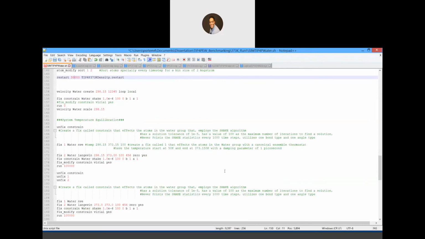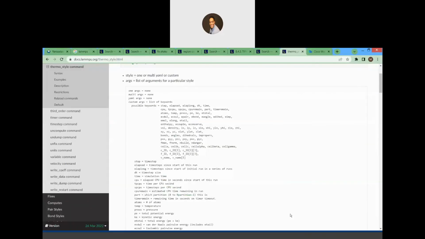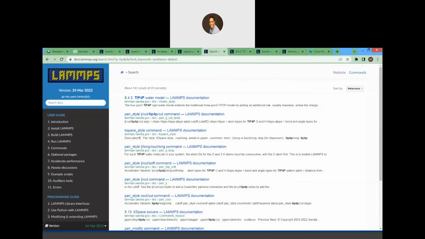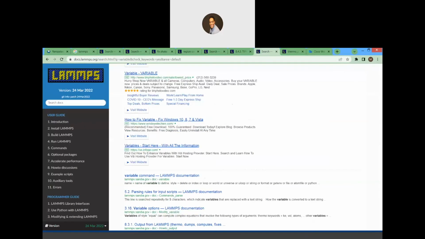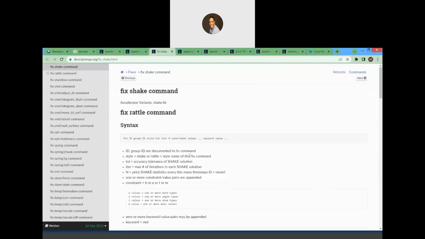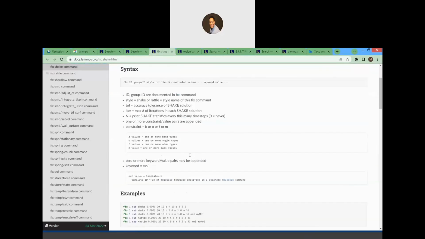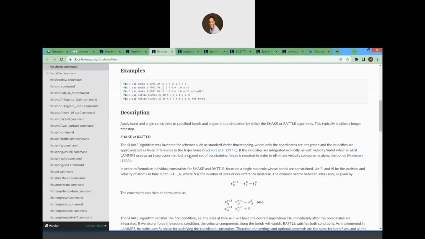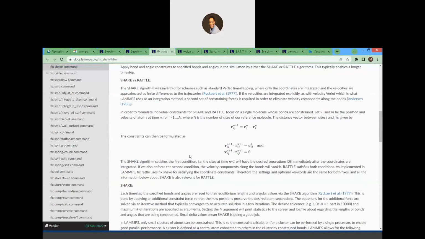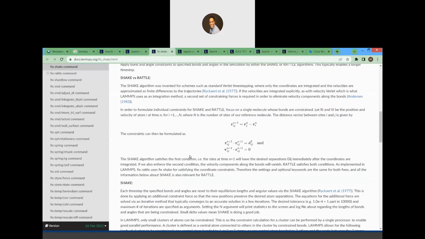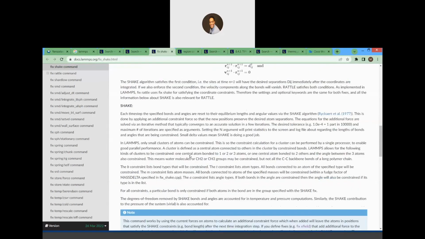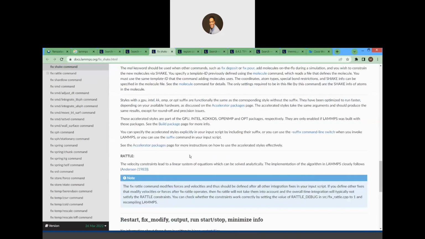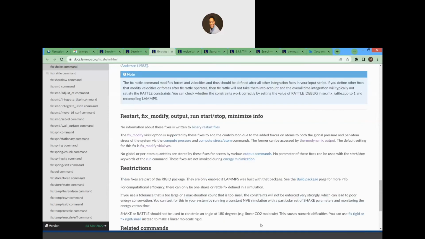If I go back to the LAMMPS documentation, you'll end up doing this a lot when you're doing molecular dynamics. You can look through here to see what you have. The two main things are the shake algorithm versus the rattle algorithm, and depending on what you're benchmarking will dictate your choice. But if you're trying to make your own water model, you can look through here to see why you would choose one over the other, and what the main difference between the two is. But going back to here,